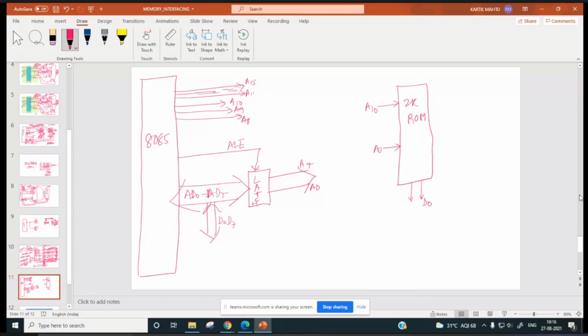And these data pins will be outgoing only, because from ROM we will read data. We cannot write something on ROM. User cannot write. So data pins will be outgoing only. Right. So inside this we have an address decoder, and we have 2048 registers.